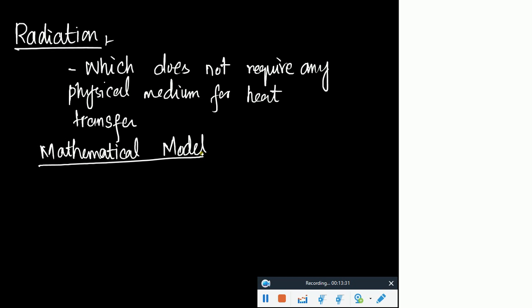For example, if convection is the dominant phenomenon in some heat transfer mechanism, you can disregard radiation. Most of the time we do that, right? And that neglection for some heat transfer mechanism depends on the Q dot, what Q dot it is providing to you. So the mathematical model is basically represented by the Stefan Boltzmann law.